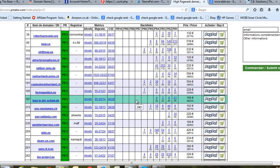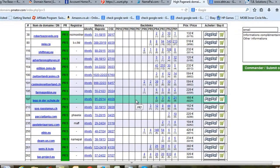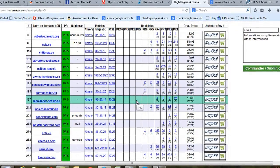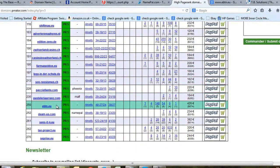I just have them as the authority, and they normally stay authoritative for a long time. And I basically use these to help power up sidestep sites which are lesser PR, perhaps PR1s or PR2s. So it's important that you get a good base site. You can get a really good site, for example, here's one that I've been looking at, and I'll probably pick